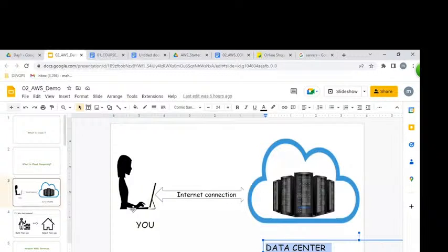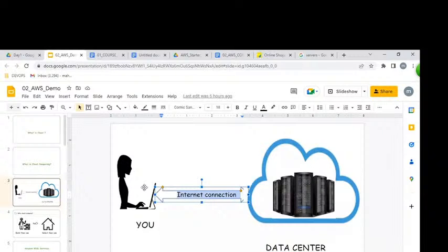I'll repeat: these data centers are located in different geographical locations, like in the US, Singapore, Mumbai, Hyderabad also. These data centers physically exist throughout the globe. From these data centers, if we can access infrastructure over the internet from a laptop, it is nothing but cloud computing. Let me repeat one more time.